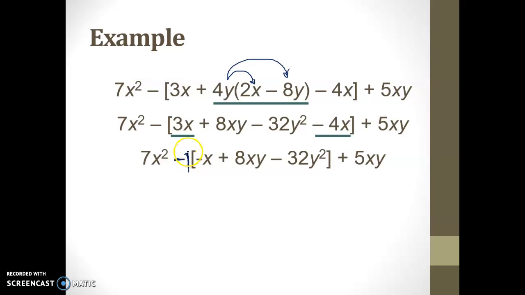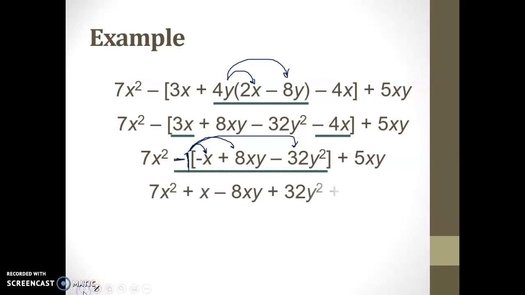1 is implied. So we've got to distribute that -1 to everything inside this parentheses, which makes it 7x squared plus x minus 8xy plus 32y squared plus 5xy. It's really important when you're using the distributive property to pay careful attention to your signs. One wrong sign can end you up in the wrong place in a graph or in the wrong place in